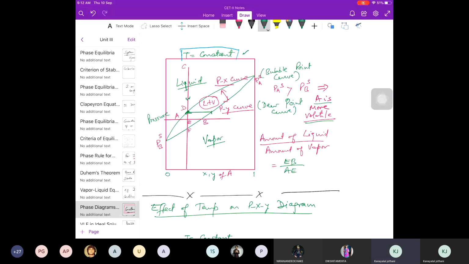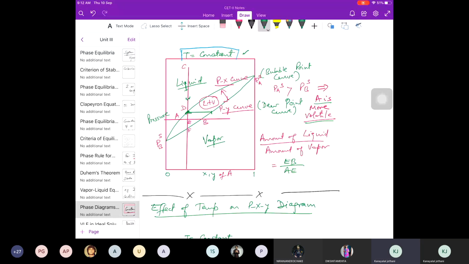Whether it is finding temperature or pressure, that is not important. What is important is liquid composition is given. We have to find vapor composition in equilibrium. That is the bubble point. Is this understood? Now, if I look at dew point,